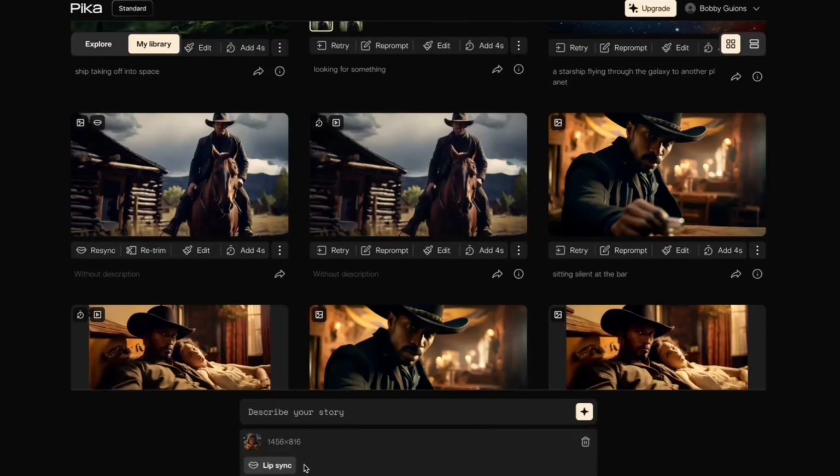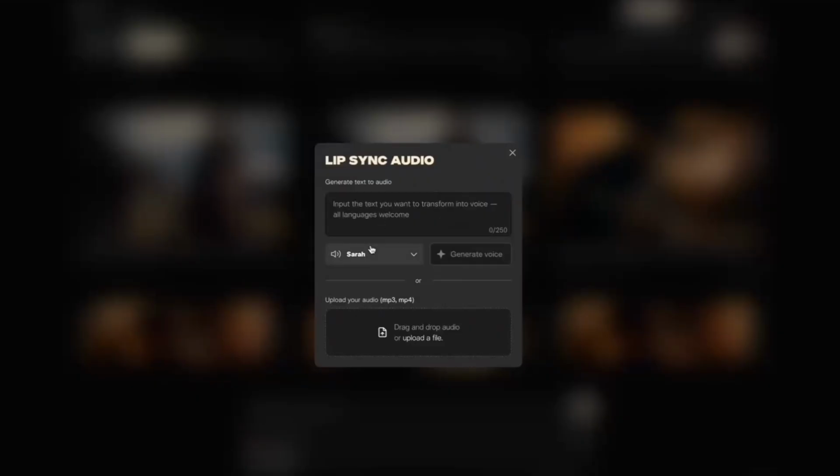But once you have the image in here, you just hit lip sync, and here they have a bunch of pre-made different audios that you can use of different characters, men and women, kids, whatever you want to use. You click which one you want. You can preview it, and if you don't like it, you can choose a different one. And then you just type in your dialogue up here. So if I had a character going like, hello, I'm playing video games, you just hit generate voice here,